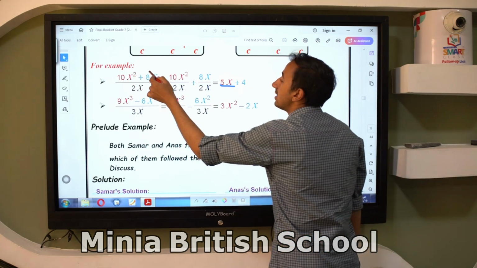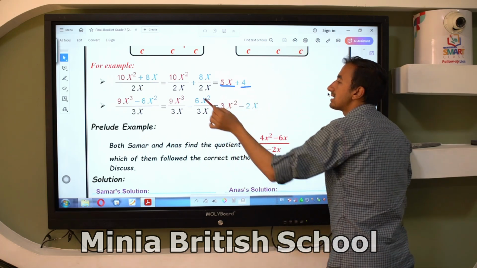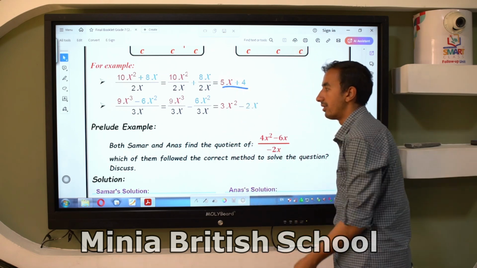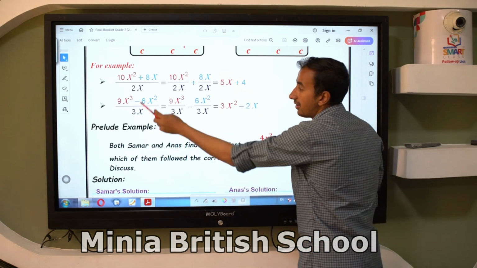5x, here 4 divided by 2 equals 2. x cancelled by x. So we have here 5x plus 4. Another example here: